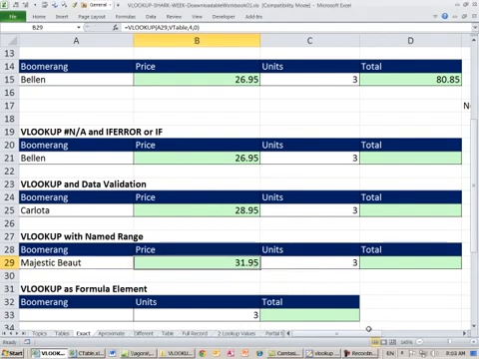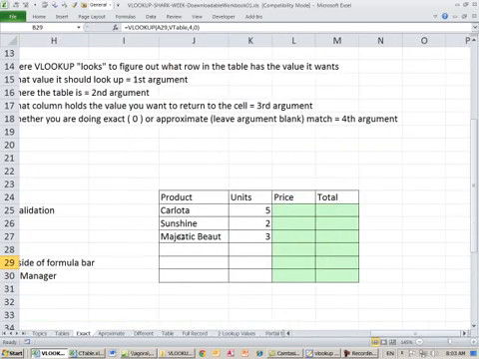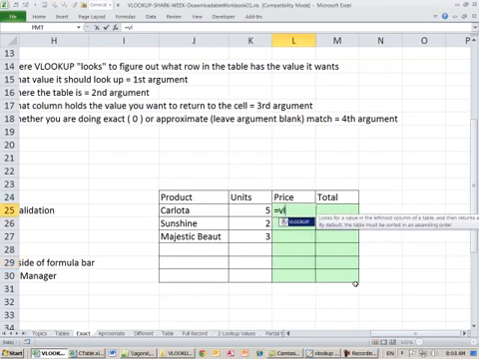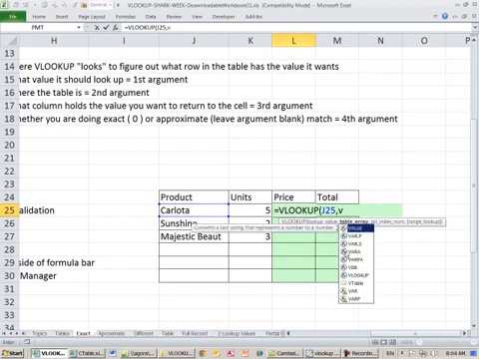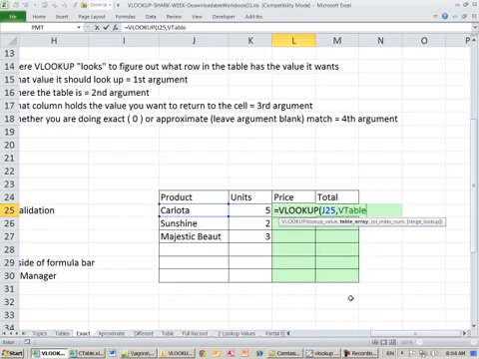Now there's another great advantage to using defined names. Let's scroll over here, and I have a little invoice template here. Now let's go ahead and do our VLOOKUP. Our lookup value is going to be our product name, comma, our table. I'm going to hit F3, double click, comma. Actually, let me show you a different way. If you know how it's spelled, you type VT, and notice the icon is a function for functions and a little dog tag for names. So VT, and then you could hit Tab, comma, the column index is going to be 4, comma,